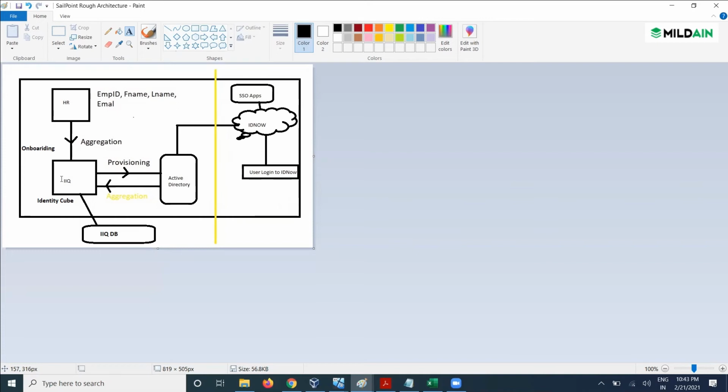Whenever we talk about IAQ, everything over here will be considered as an object. The primary things that we will talk about throughout our training in IAQ, like identities, roles, entitlements, applications, workflows, rules, everything is stored in their respective objects.